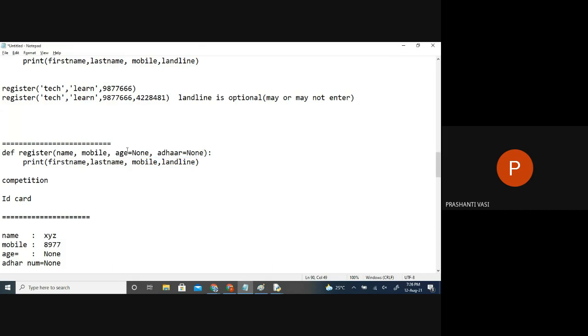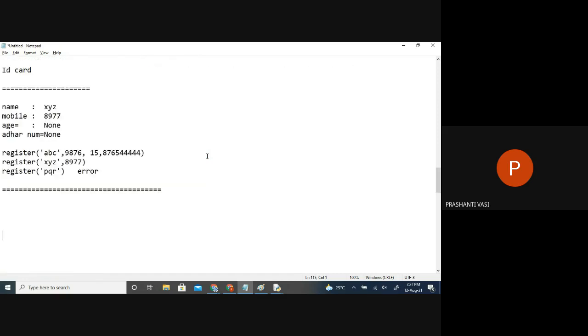So when you define and you give a value, these are called default values. These are not keyword arguments. Keyword arguments means, when you're calling the function, we call it with some arguments. When you call it and you say something like age is 13, mobile is 1234, name is some name, and Aadhaar card is something, like this, this is called which call? So function call with keyword arguments.